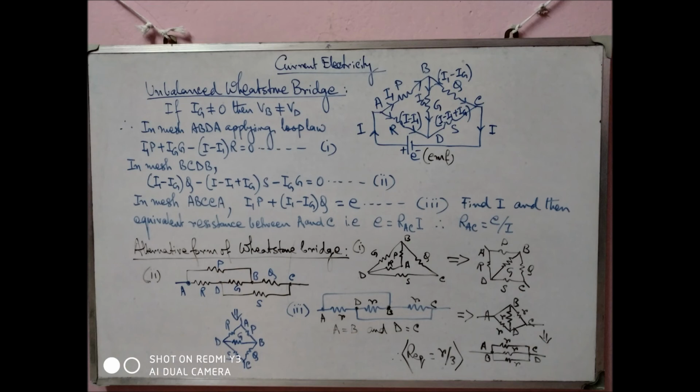Now there are different forms of Wheatstone bridge. The general form already discussed, now also on the board, that is the rhombus form. ABCD is the rhombus. But if it is not like so, maybe in a different form, different structure, you have to find whether it is a Wheatstone bridge or not. So see the number 1, that diagram, but don't get confused, that is also a Wheatstone bridge. How?